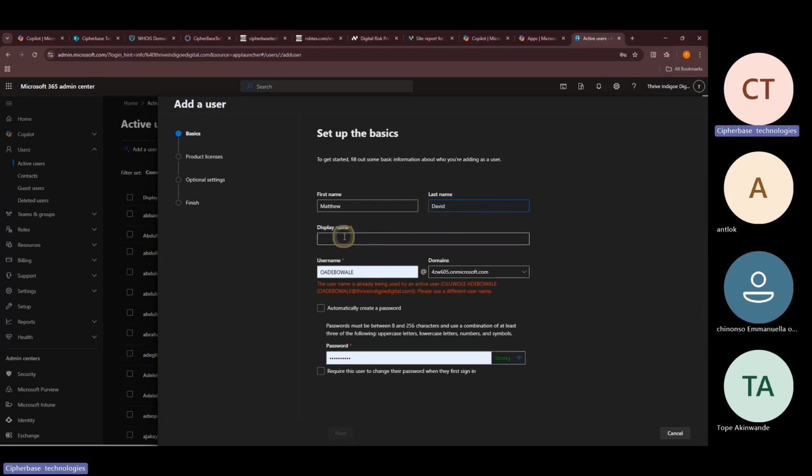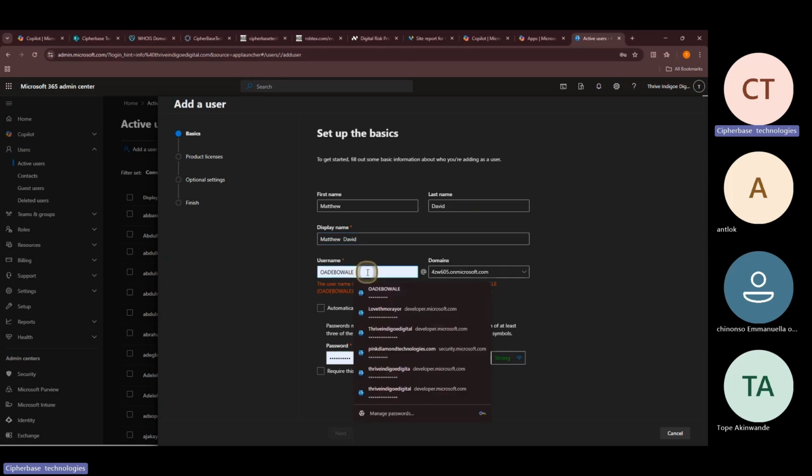Then when you click on this particular display name, of course, it will display the name here without typing it automatically. As you can see here, there's an error telling us that this user's name has been created, but I will remove this because that's not what we'll be using. Our display name, anywhere I sign in, this is what will be displaying, the name that is going to be visible